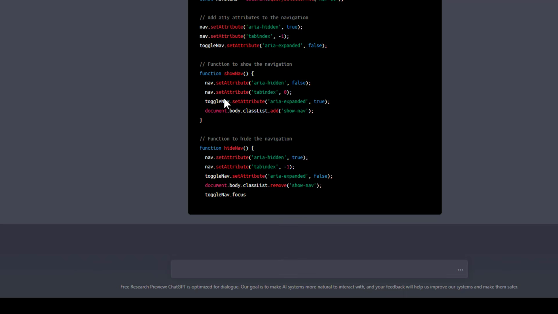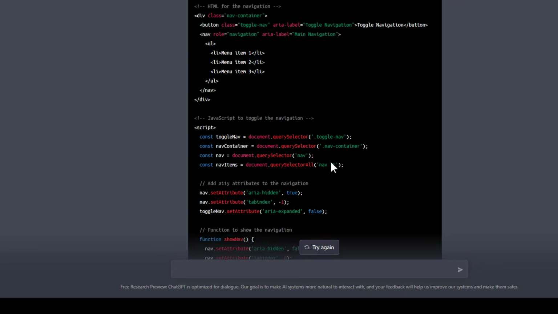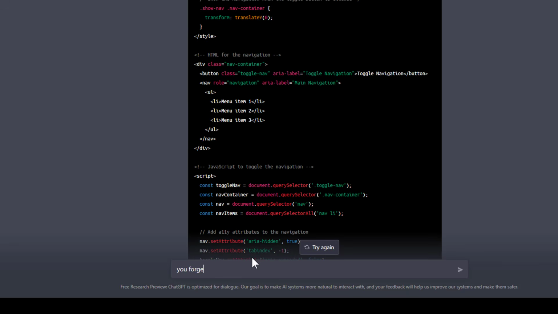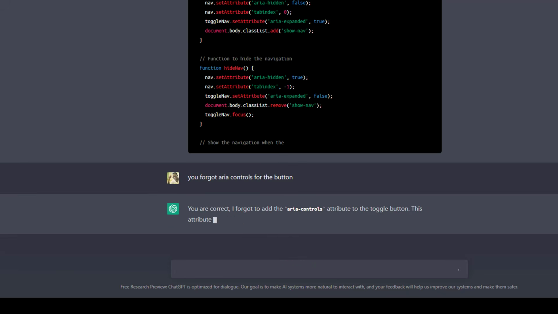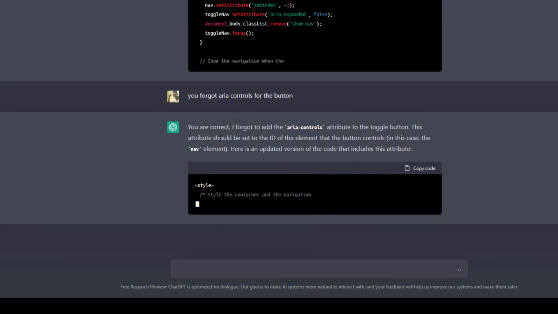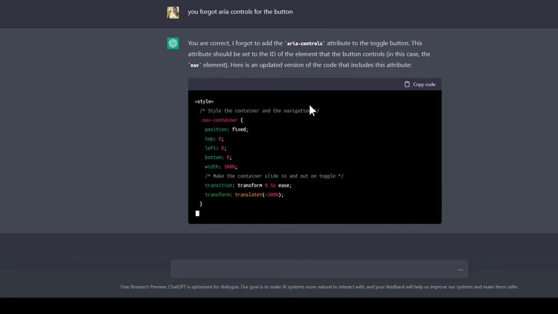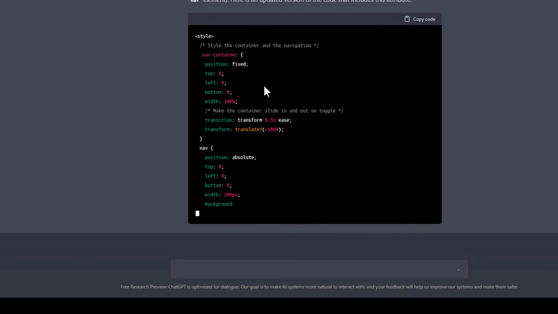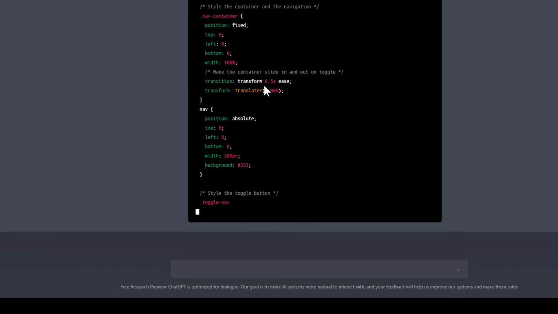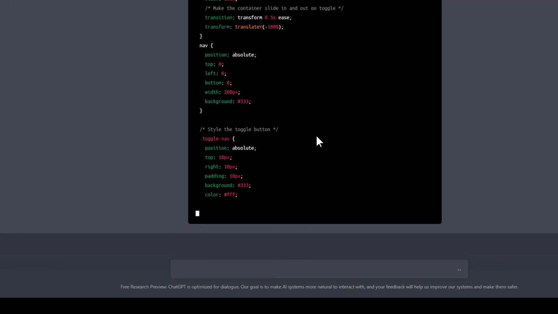Okay, so it's even changing up the JavaScript. Okay, so I'm just going to say you forgot aria-controls for the button. So let's see what it's going to say. You are correct, I forgot to add the aria-controls attribute to the button. In this case, it controls the nav element. So that is wrong, because it assumes that it should control the nav element, but normally it's controlling the nav element container, which